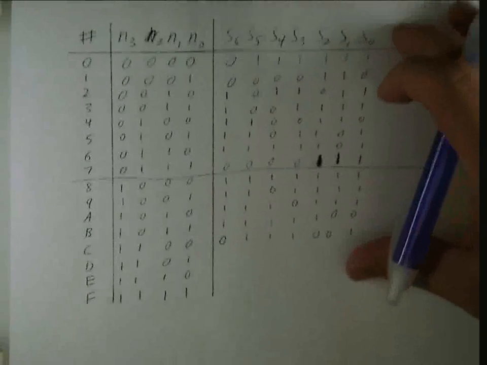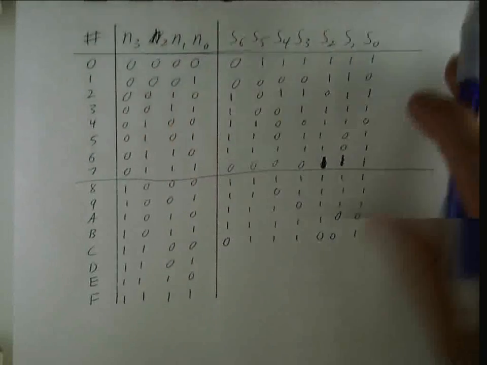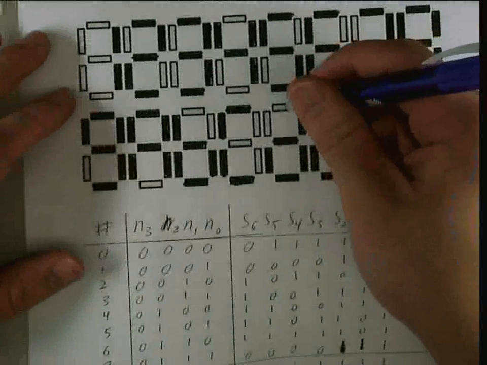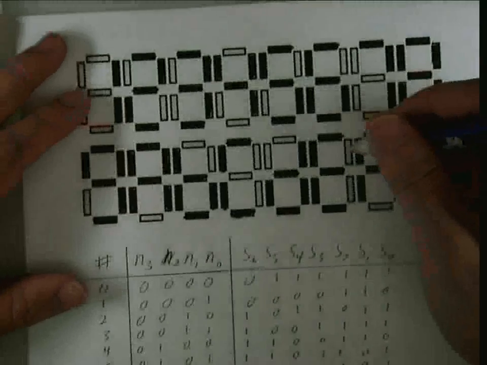And then for my output variables here, basically I need to go through each one of these and figure out, based on these, what number I want, which lights are on and which lights are off. And so I'm going to do D, E, and F for you. We have D here, and we know that lights S0 and S5 are off, so I'm just going to mark those first, and then I know the rest are on, so I'm just going to fill in each step. Here in E, I have S1 and S2 are off,